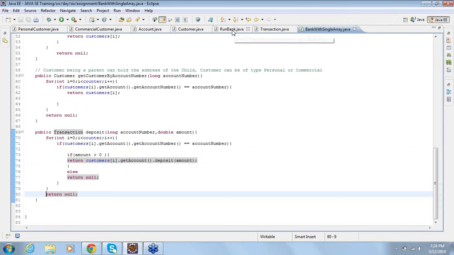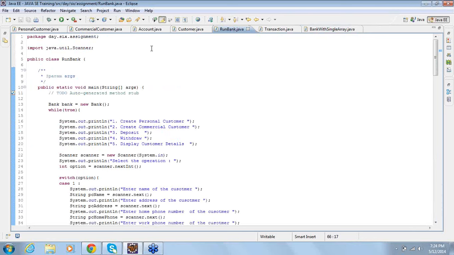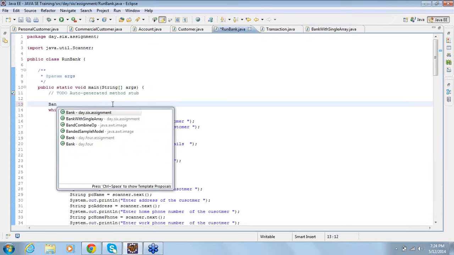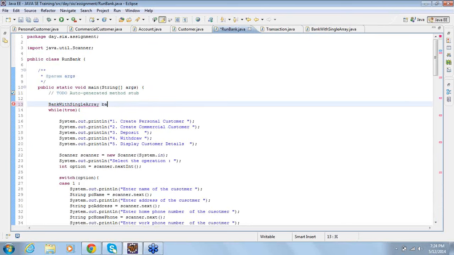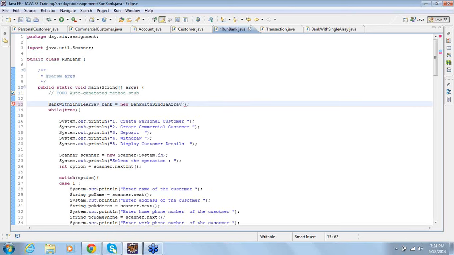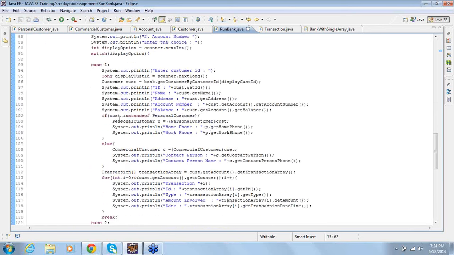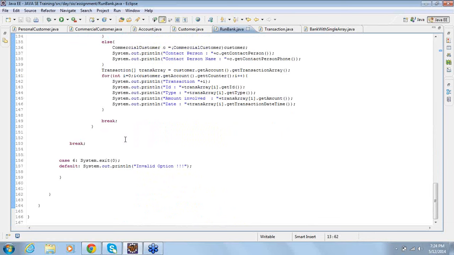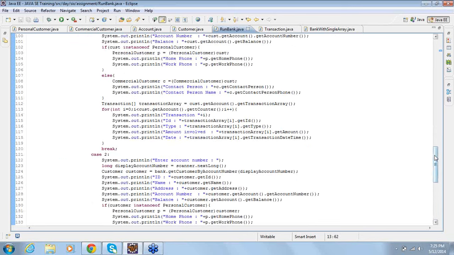So now in the run bank, instead of the bank object, you can create an object for the bank with a single array. But you don't see any red color mark. See here, how did I simplify my job? I'm not modifying my run bank. This is what we are talking about.